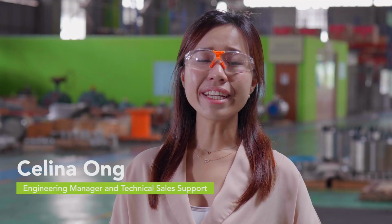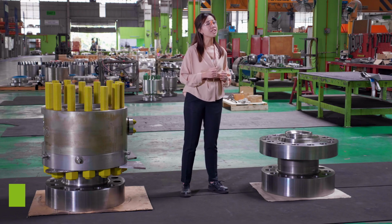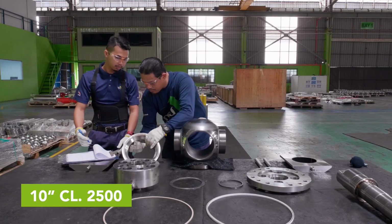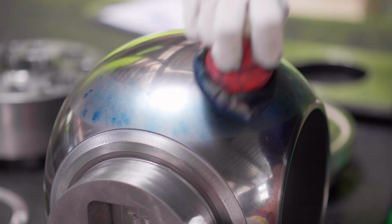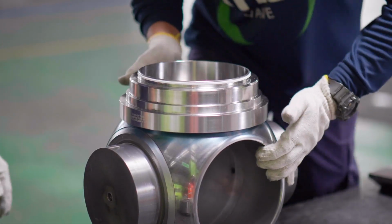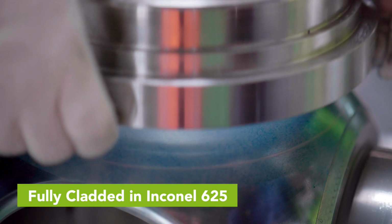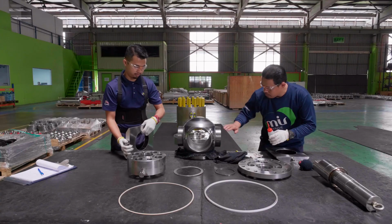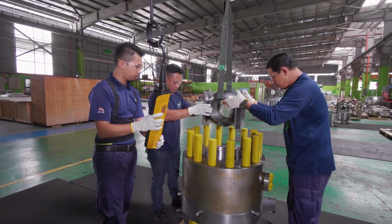My name is Selina Ong and I'm the Engineering Manager and Sales Support for Midwall, Malaysia. The valve beside me is an API 6D 10-inch reduced bore pressure class 2500 side entry trunnion mounted bore valve. It is a forged carbon steel valve with fully cladding Inconel 625 valve body and Inconel 625 valve trim. It is a soft seat valve with pig seat insert that will made to a tungsten carbide coated Inconel 625